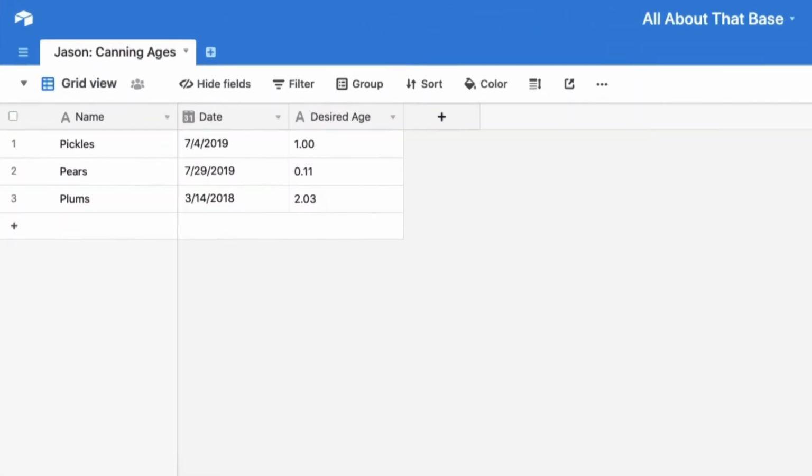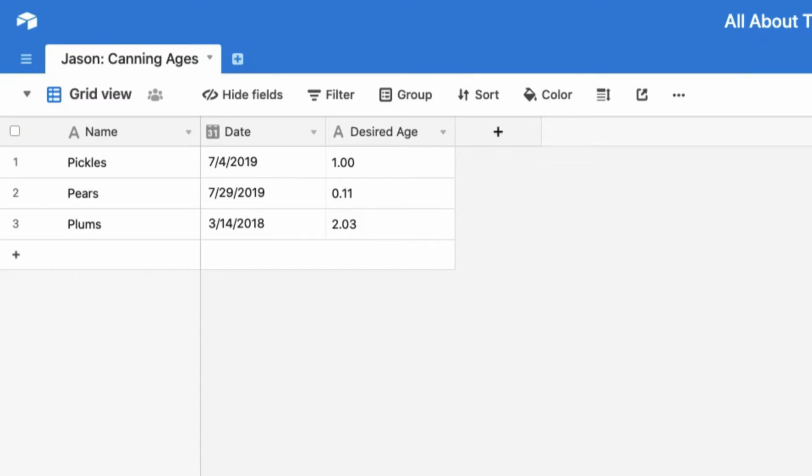Jason had written asking for some help trying to figure out a formula to build some kind of formatting he wants to use to represent the dates of some canning he's doing for fruits and vegetables and who knows what else it's going to be. This is the format that he wants to come from this formula field. So a number and then a period and then 2 digits here. The first digit represents how many years ago this thing was canned, and then the 2 digits there are for a certain number of months. So if it's an even year, it would be about like this. For just shy of a year, it would be 11 months and 0 years. And then for older ones, it would have like 2 years and 3 months.